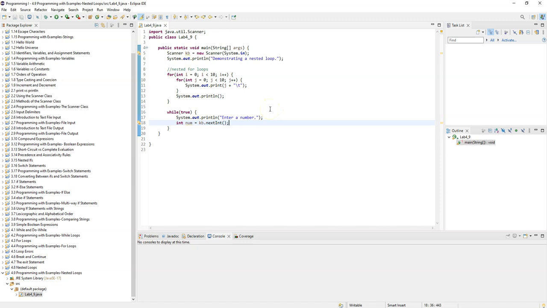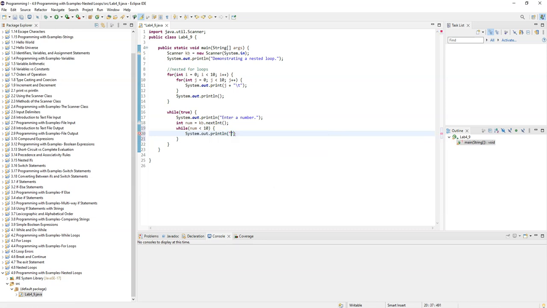And what we want to do is let's go ahead and have this value that we're entering here act as our loop modifier. So let's say while num is less than 10. All right, just use something simple here, and let's go ahead and create a loop here, and let's just have this one simply say